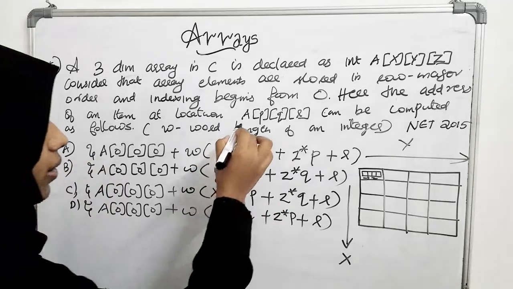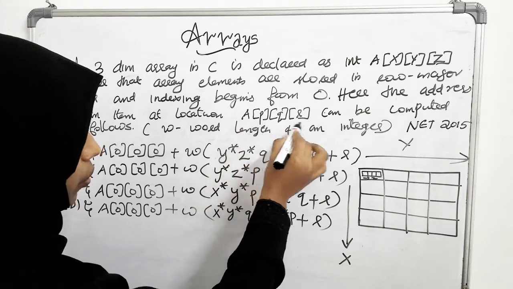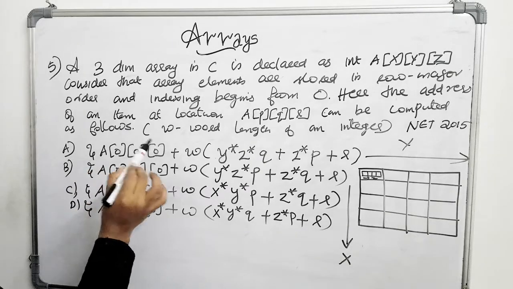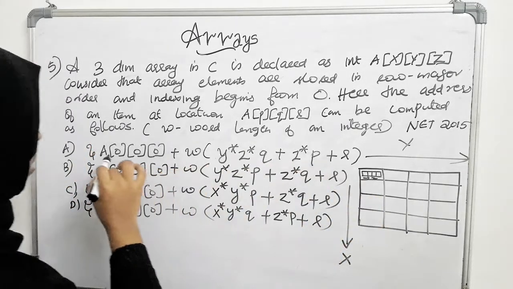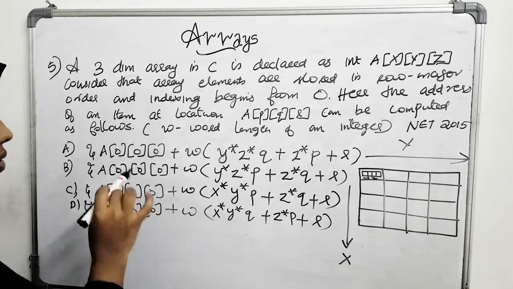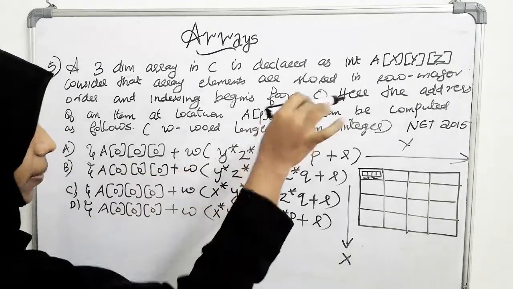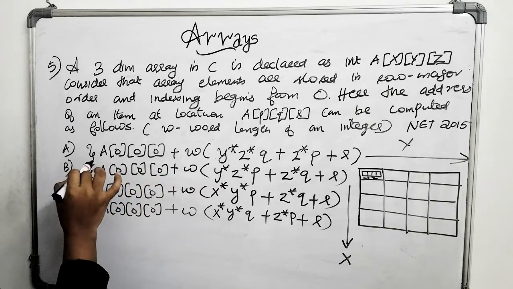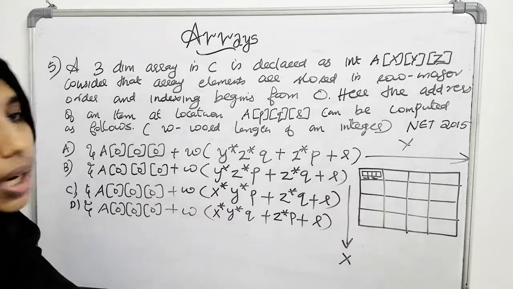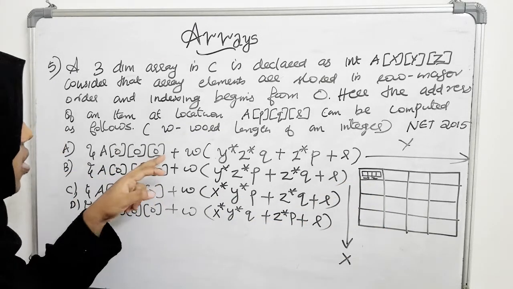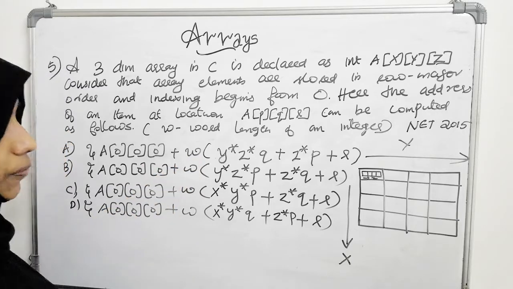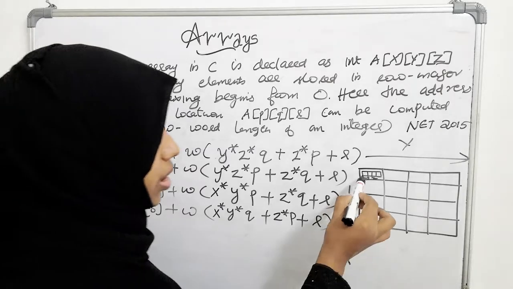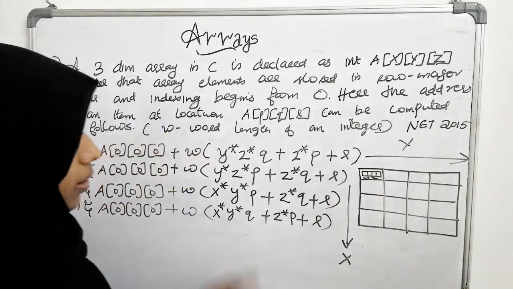Okay. So this is how we can do this. Now we want to get the address of A[p][q][r]. See, all the options contain a quantity named &A[0][0][0], which is the base address of this three-dimensional array, that is, the 000th position. Ampersand is the base address or starting address of the array elements here. And this W is the length of an integer. For example, in most of the systems that will be 4 bytes, so a single position here is 4 bytes long. So that is the W.